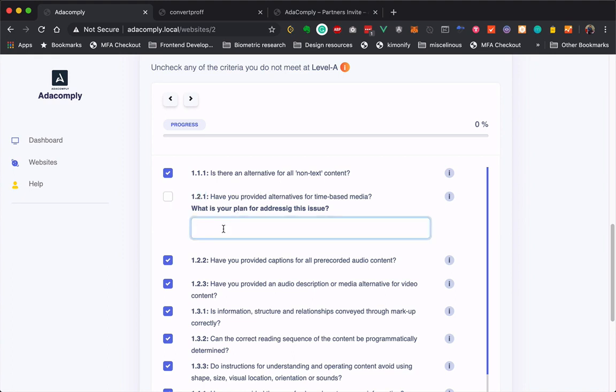So the ADAComply tool lets you specify what steps you're taking exactly to fill up that accessibility challenge you have on your website. So have you provided alternative for time-based media? Now if you haven't, you want to check it, and that will instantly give you a text input form for you to specify what steps you're currently taking to address it. Now when the policy page is generated, all of this information provided here will be reflected inside the policy, and as you update it, it's also going to be updated automatically. So I'm just going to quickly say